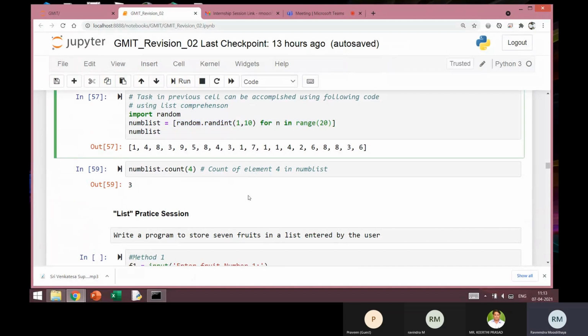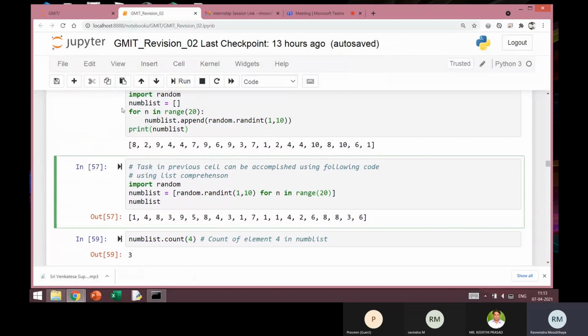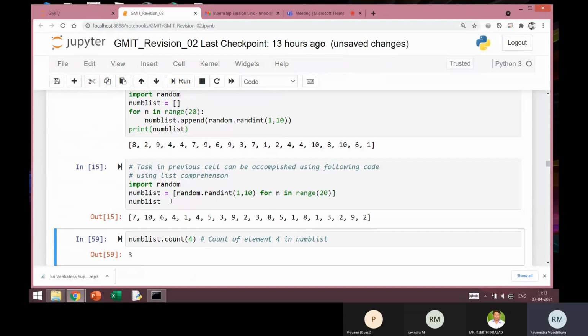You can see that it is a slight rearrangement of the same for loop statement that I had written in the previous cell. It is more specific to Python, and it occupies fewer lines, less coding, and all those things. And if I just try to see what is numList, you can see that every time I execute, what it produces will be different.